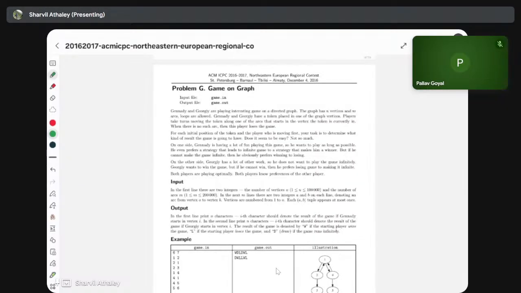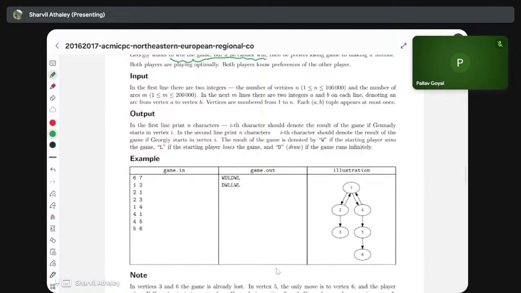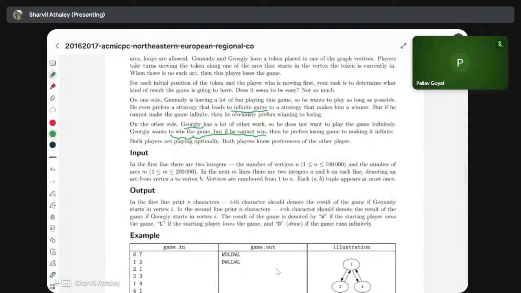In this problem, the player Gennady tries to prioritize a strategy in which the game goes on infinitely, and the other player prefers the termination of the game, that is winning or losing, over the game being infinite. So we can first think of the problem as determining whether the game will terminate or not, considering that the first player wants the game to continue always and the other player wants it to